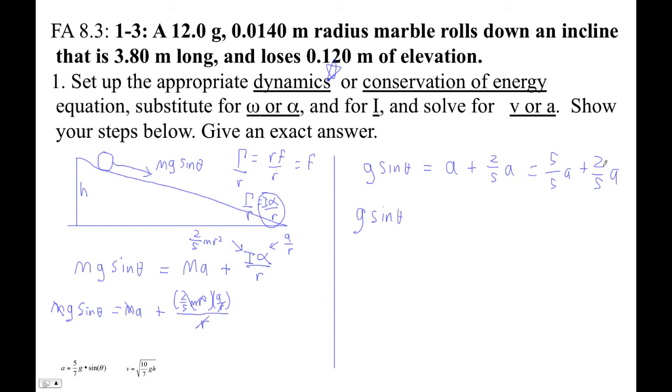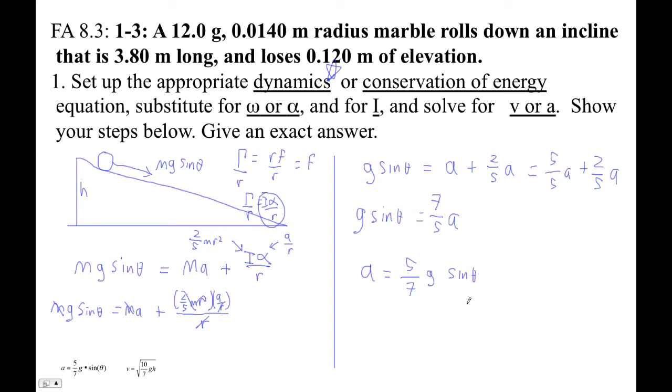Right? And if you can't do fractions, your calculator can. Literally, you can say 1 plus 2/5 and get the answer. It'll say 1.4, and then you can go math. I think it's math 1 or something like that. We'll turn it into a fraction for you. It's totally cheating. But hey. Okay, so let's see. What is this? This is 7/5 A. And so A is 5/7 G